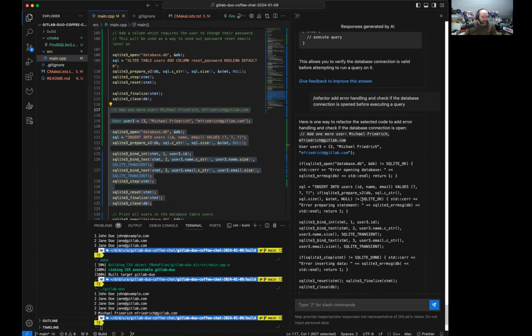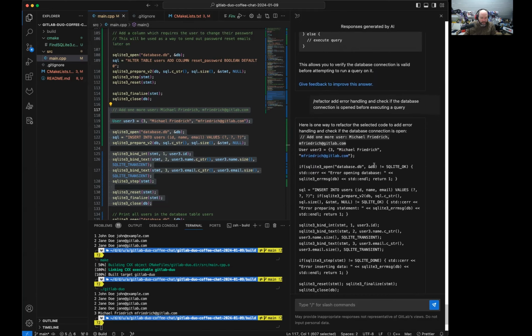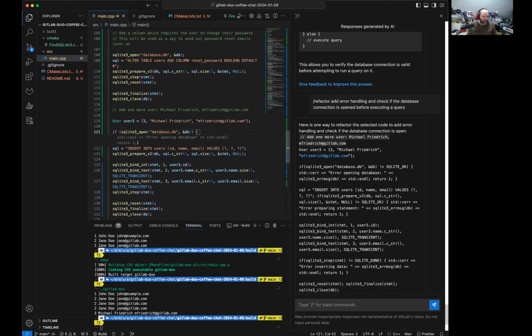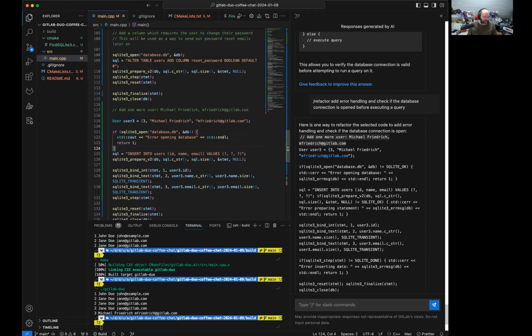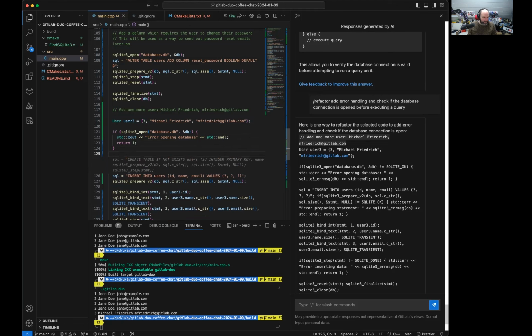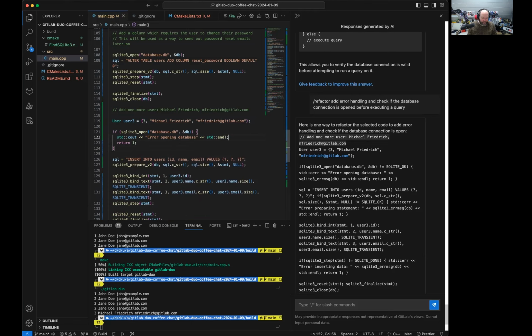But maybe let's try to implement that in the fashion it was proposed. I mean, a little typing doesn't hurt. So, oh yeah, okay. I can also rely on code suggestions to tell me what to do here. But I also want to add more specific context in, for example, error opening database, adding a colon and, oops,